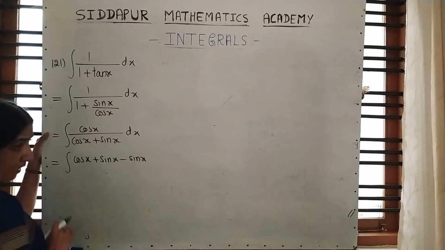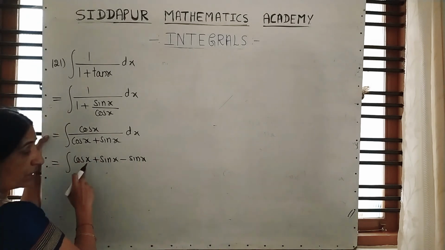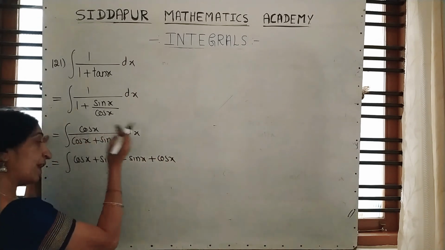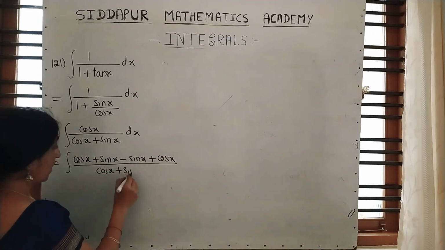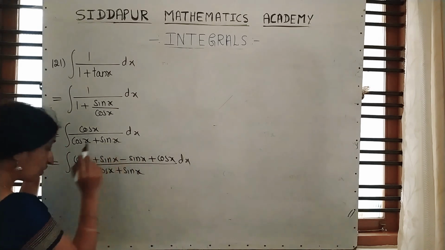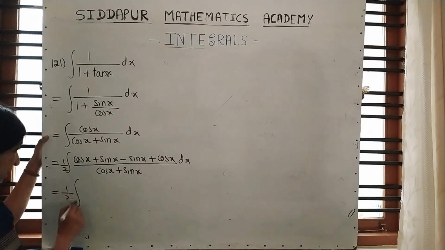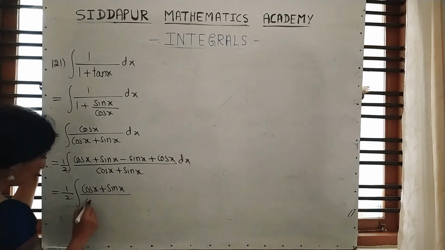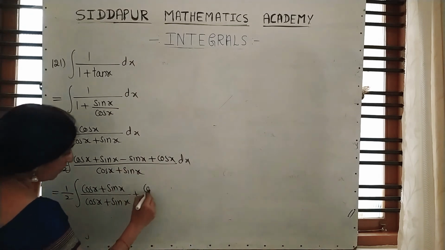Here I wrote plus sin x extra, so I wrote minus sin x. But don't write minus cos x, because if you write minus cos x, this gets cancelled. We have to write plus cos x. Whatever is the term, we have to write the same term only. And it is not balancing. Why? Minus sin x plus sin x get cancelled. Cos x plus cos x is 2 cos x. To balance that, 1 by 2. Make the grouping of that. After grouping, take the denominator separately. And here I wrote the first positive term.